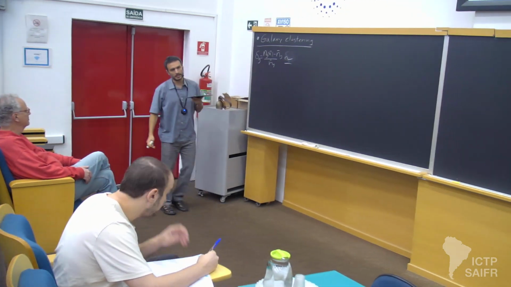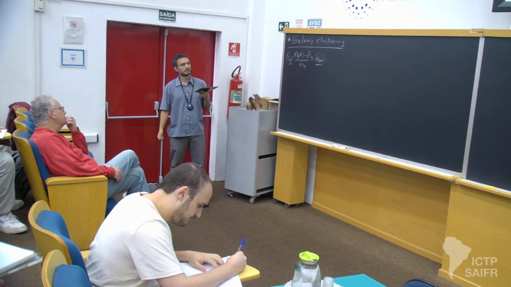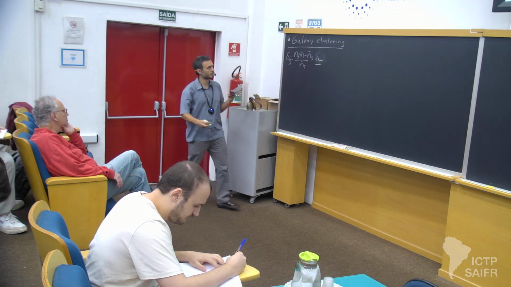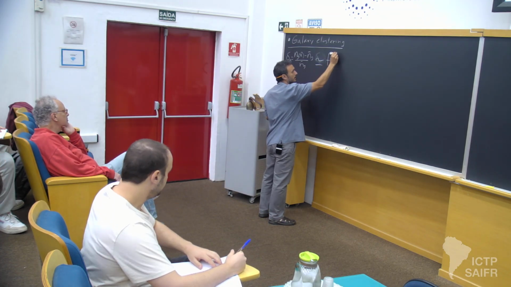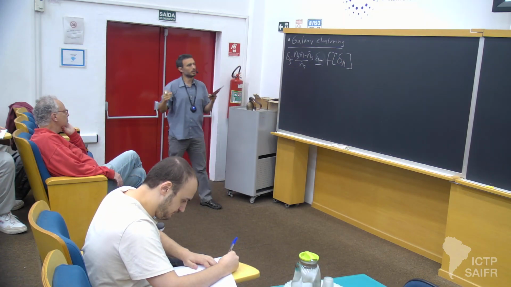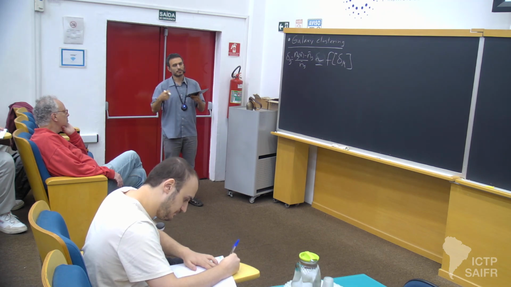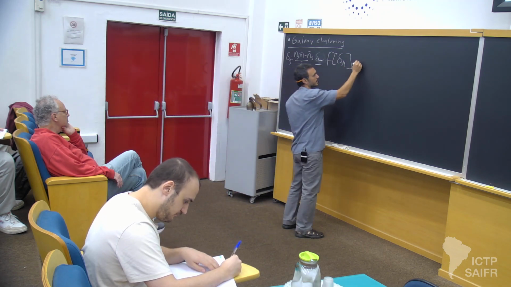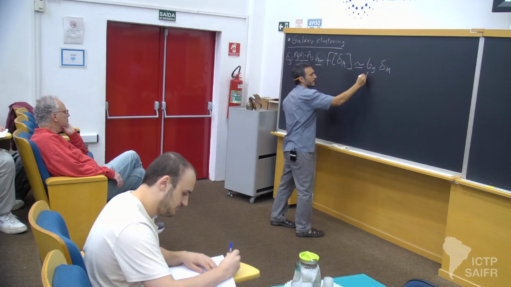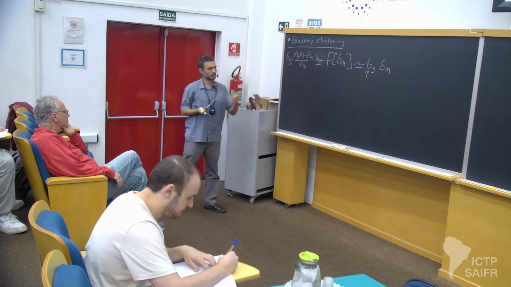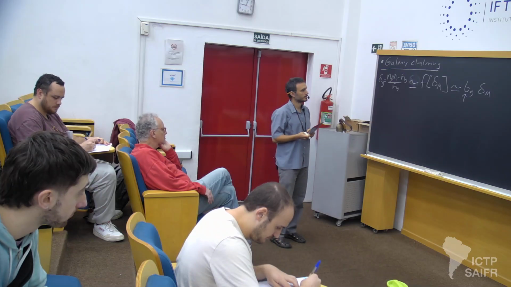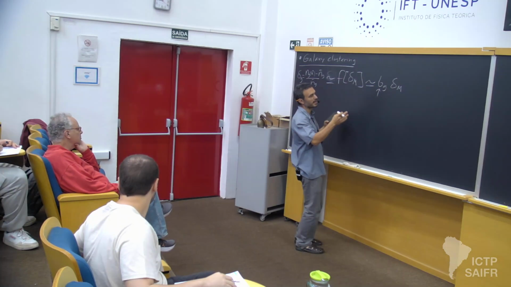All right, you've already seen with Roman last week that the relationship between the overdensity of galaxies and the overdensity of matter is in principle quite complicated, right? This relationship is, in general, nonlinear, non-local, and stochastic. But we have good reasons to expect that on sufficiently large scales there should be a linear relationship between the two of them, with a free parameter that we call the galaxy bias, right? We saw, for example, an argument for that coming from the peak background split in the halo model when we talked about that. All right, anyway, we know that this is an okay model, but not a really good model,